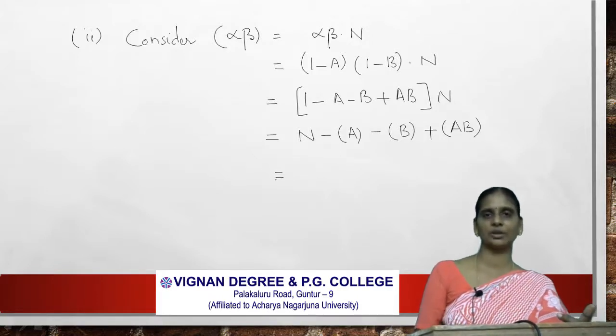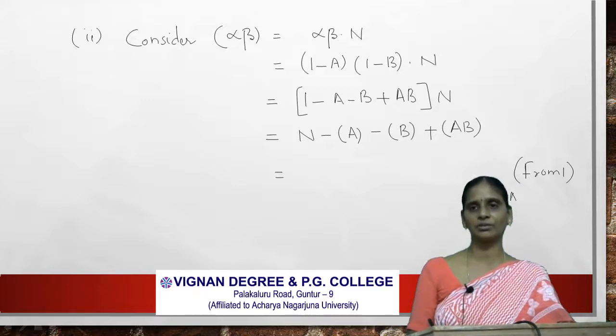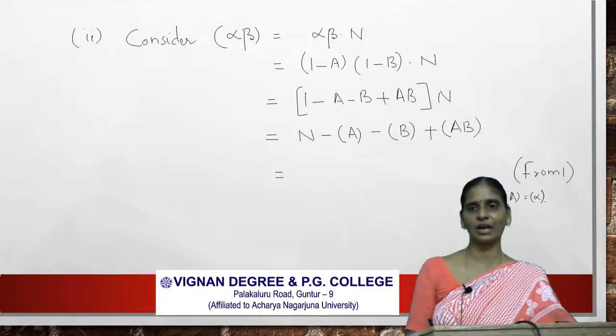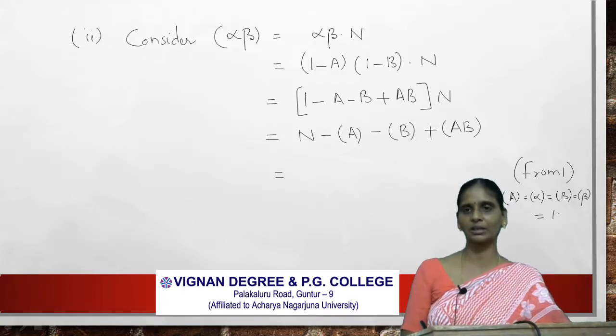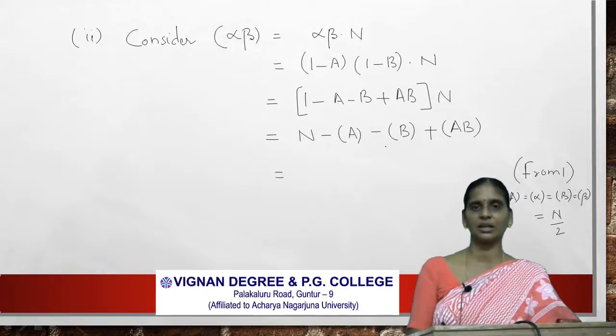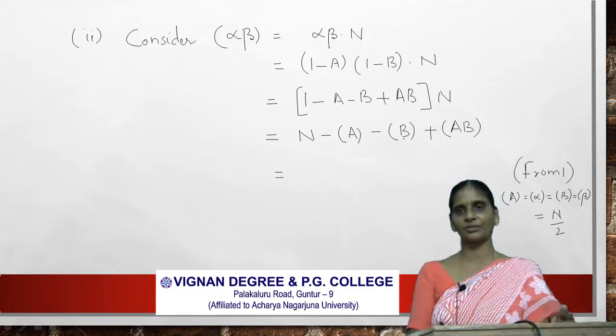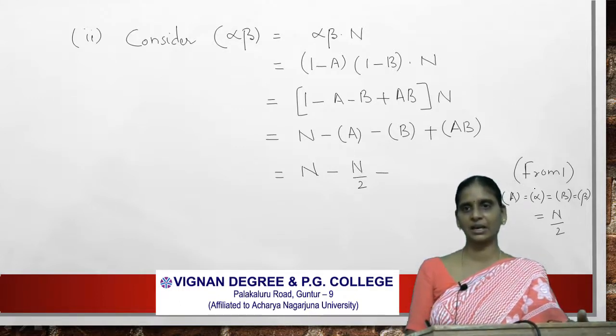And this is equal to, so from the first condition, frequency of A is equal to frequency of alpha is equal to frequency of B is equal to frequency of beta, and those four class frequencies are equivalent to n by 2. From this first condition, here we have to substitute frequency of A and frequency of B. So n minus frequency of A, which is n by 2, minus frequency of B, which is also n by 2,